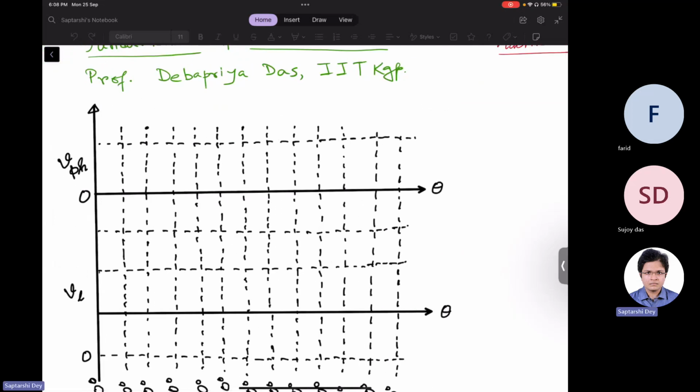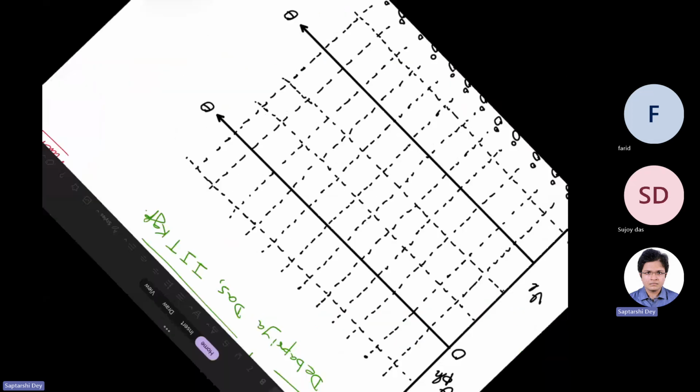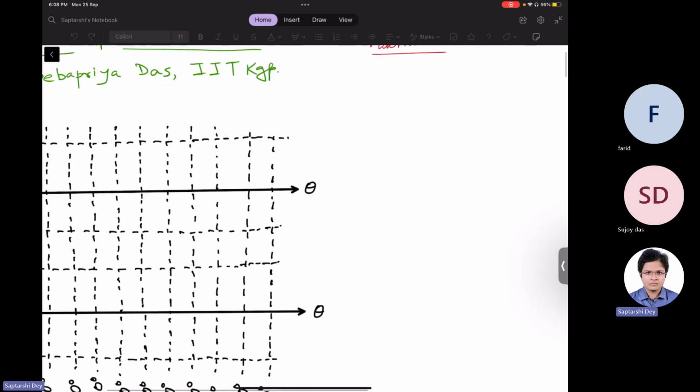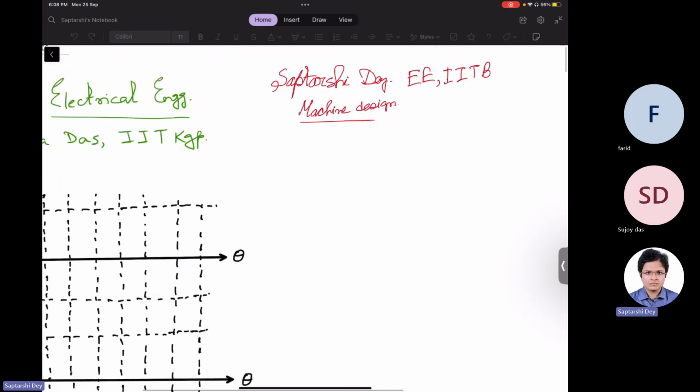Good evening. I'm Shoptal Sridhar. I'm a PhD scholar at IIT Bombay, Department of Electrical Engineering. I work on machine design for my PhD. This is a doubt clearing class for the NPTEL course of Fundamentals of Electrical Engineering, which is taken by Professor Devapriya Das from IIT Kharagpur, and we take 3 doubt clearing classes every week, of which I take this Monday class,